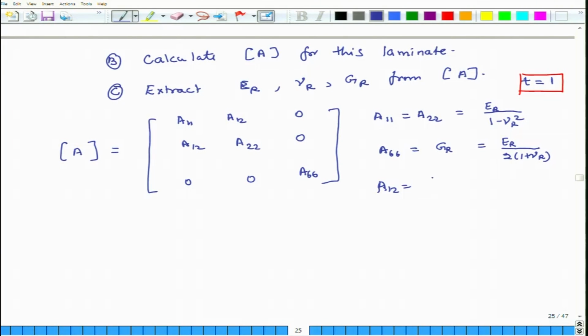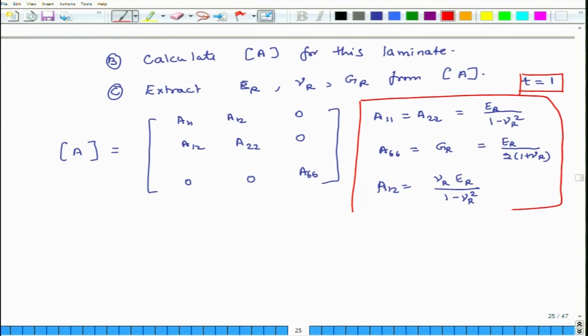A12 equals nu R ER divided by 1 minus nu R square. Okay. So, these are the relations for a randomly oriented ply, right,